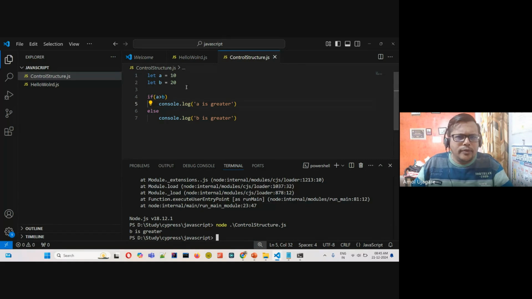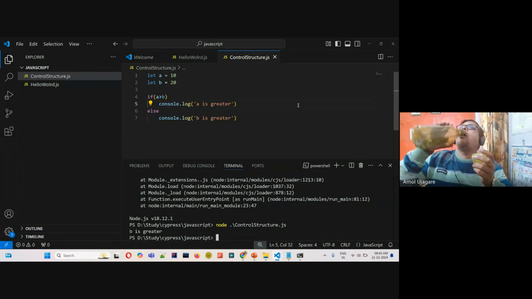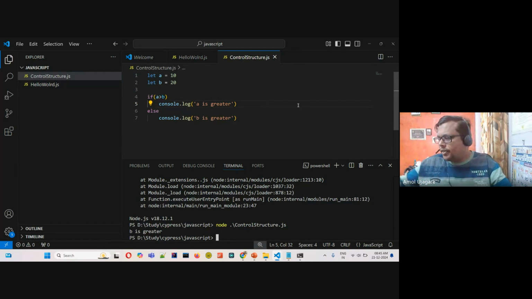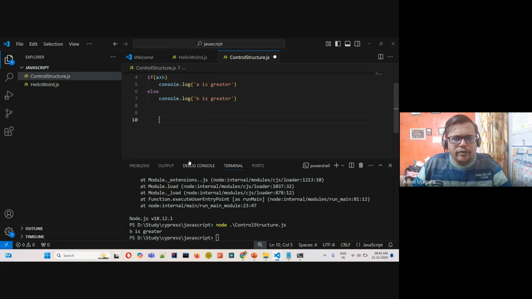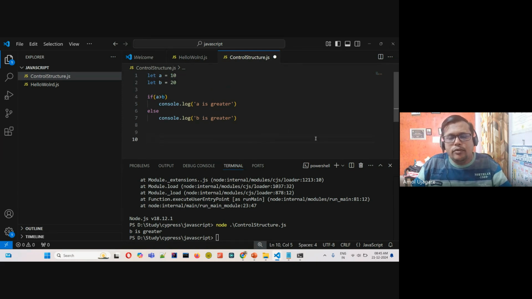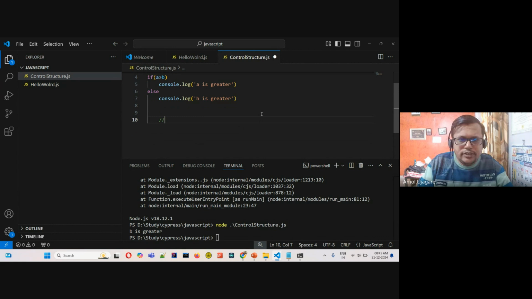Okay. So it is just like our earlier control structure. B is greater. Okay, you can try the other programs also that we have learned in Java. I'm just giving you the idea of how it can be used. For loop or while loop. If you want to use the while loop, the syntax is the same. So let's print 1 to 10 numbers